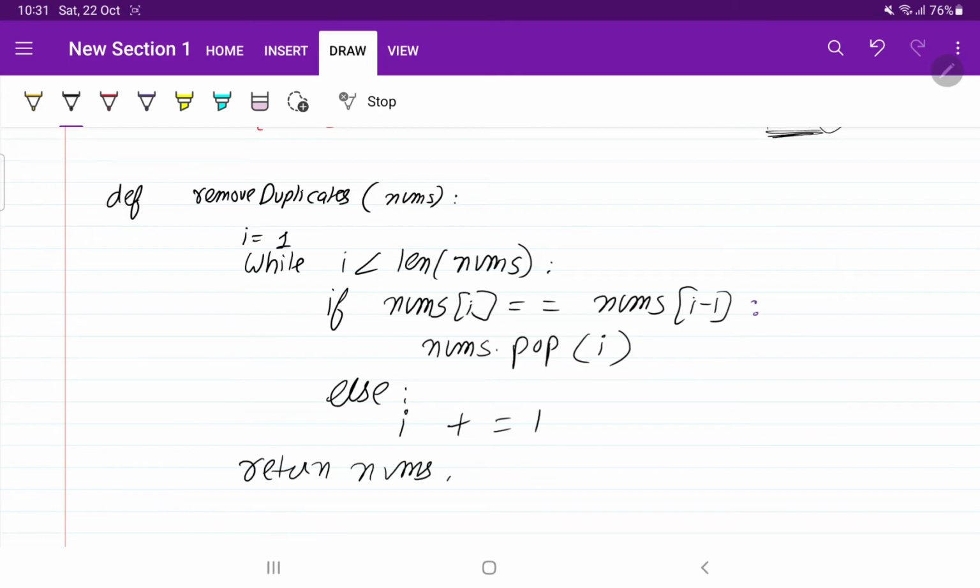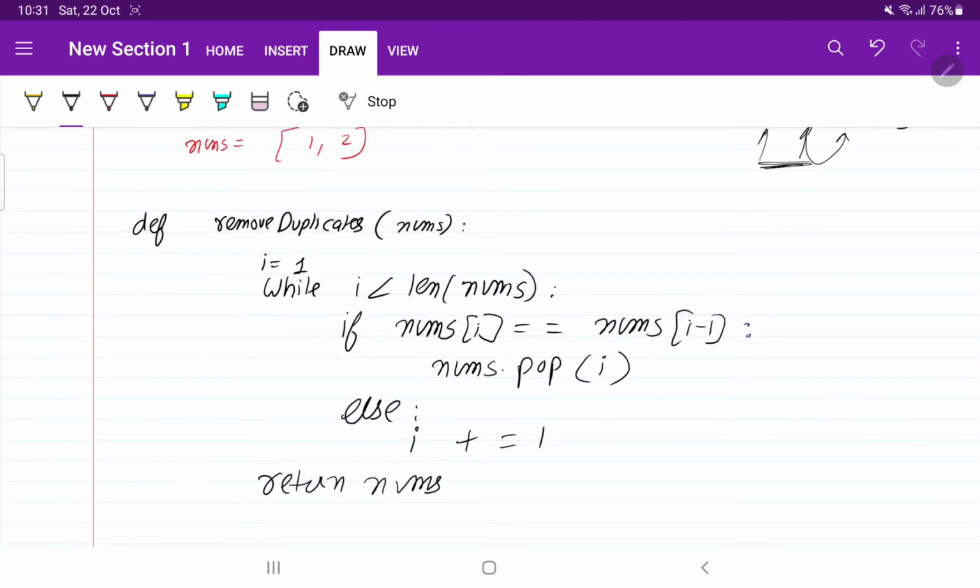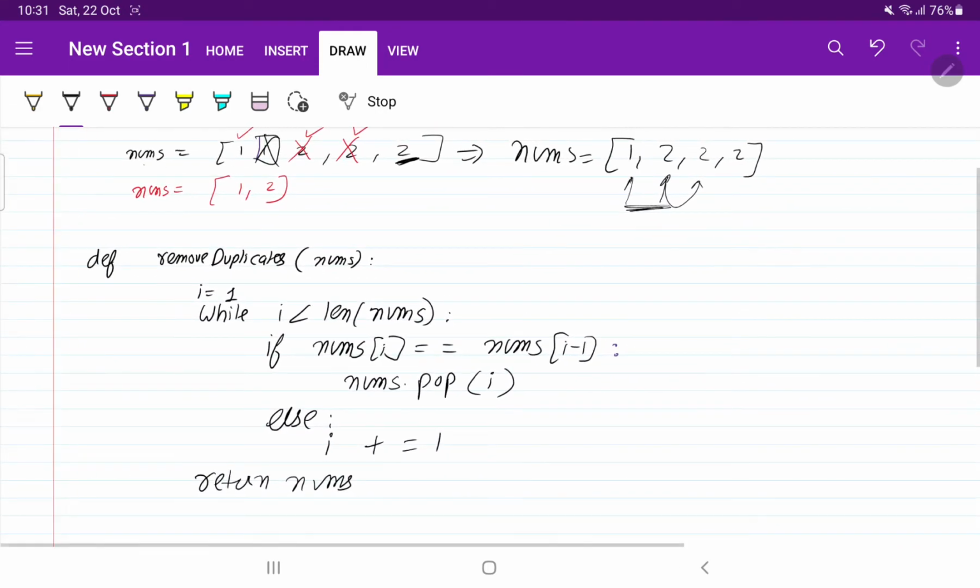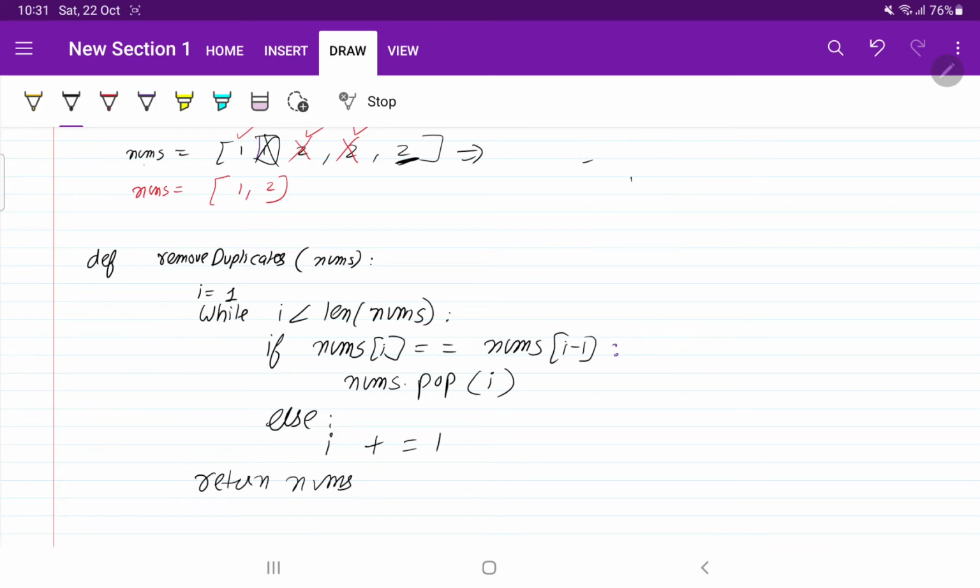Perfect. This is what we are going to do. So this is the first code that we have written. So let me help you dry run this code, because many students get confused about how this code is working. Okay, so dry run is very important. Suppose 0 0 1 1 1 2 2 2 is our nums array.